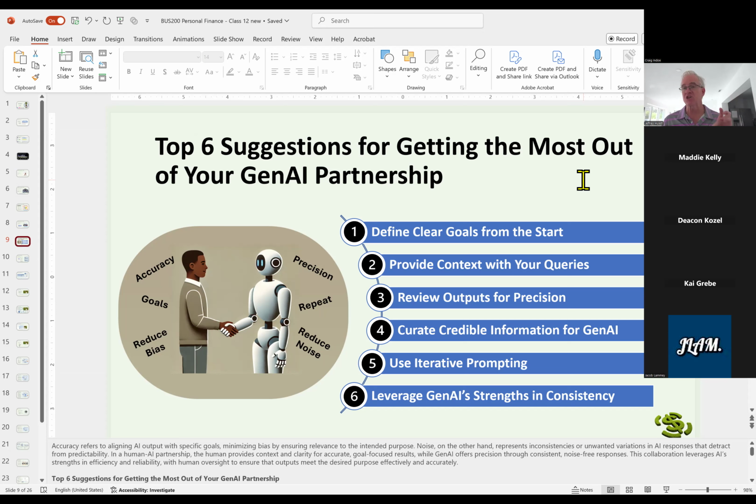Okay. And I very much call this a partnership, right? In other words, you see the human there on the left, and you see the Gen AI, the computer robot thing, on the right, and they're shaking hands because they're partners. And in my view, that's the relationship that you should have with Gen AI. But just like any partnership, you have to understand how the Gen AI works and how to get the most out of your partnership. And so these are the 6 things